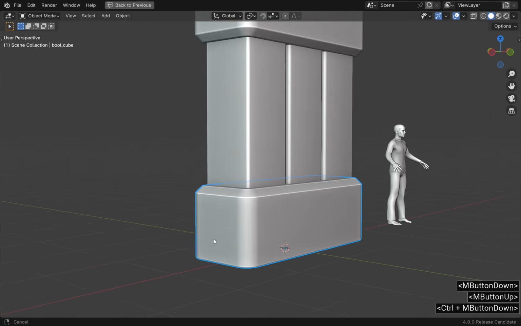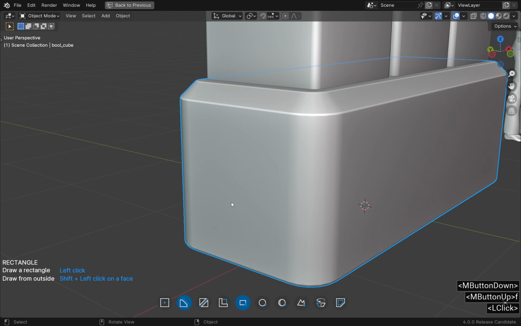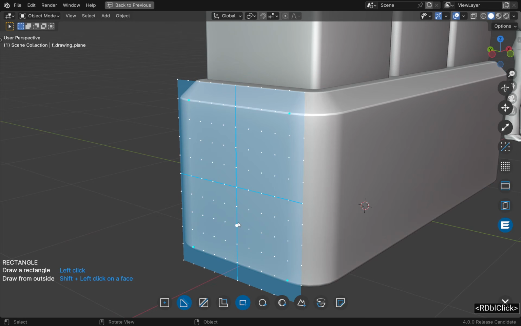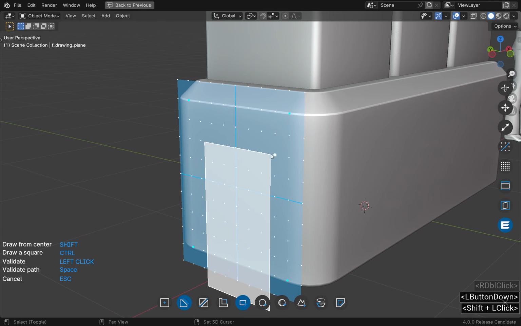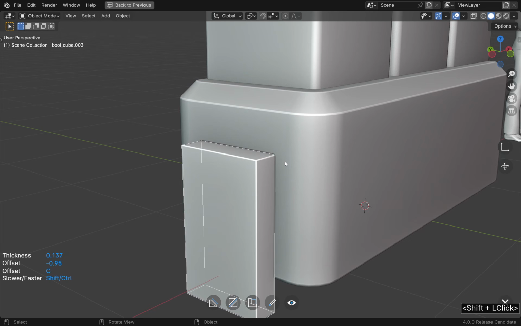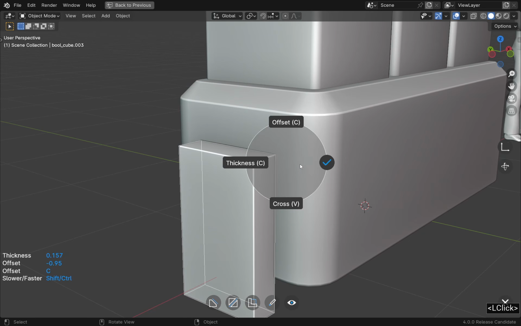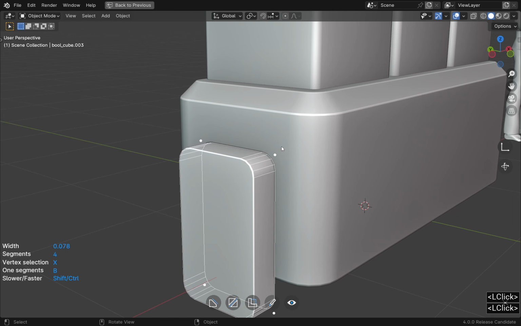Select the bottom part of the object, F, cut, and right-click on the side to display the grid and draw a rectangle, holding down Shift to center the drawing. Follow my example. The rectangle must extend beyond the block. Confirm with a left click, bring out the volume, and add a fairly wide first bevel around